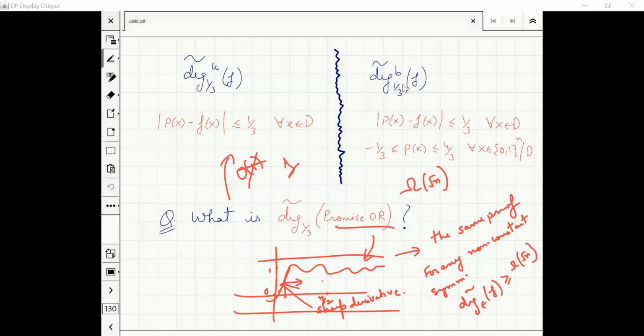Right. So probably a nice diagram for promise OR would be that my value goes like this. Even such approximating polynomials are allowed for promise. Is that what you are saying? No, what I'm saying is when we are talking about this p of x lying between -1/3 to 4/3, and then we talk about the minimum of all such polynomials that we have.